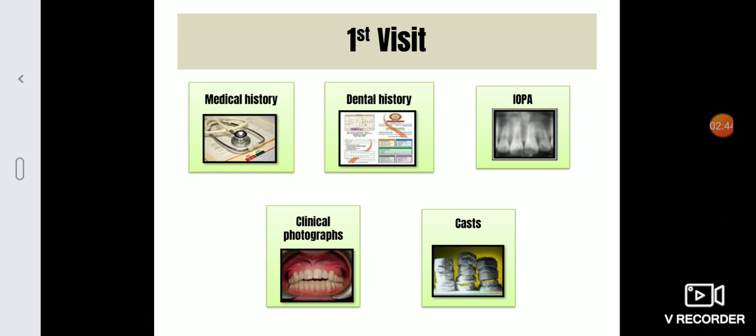So when the patient visits for the very first time, we record demographic details of the patient as per his name, age, address, occupation, which locality he belongs to, etc. Along with that, a thorough medical history is asked to the patient regarding whether he has suffered with any systemic conditions in the past or currently suffering, whether he's taking medications for that. And also we include a note on the family medical history, whether anyone in his family has suffered any of the systemic conditions.